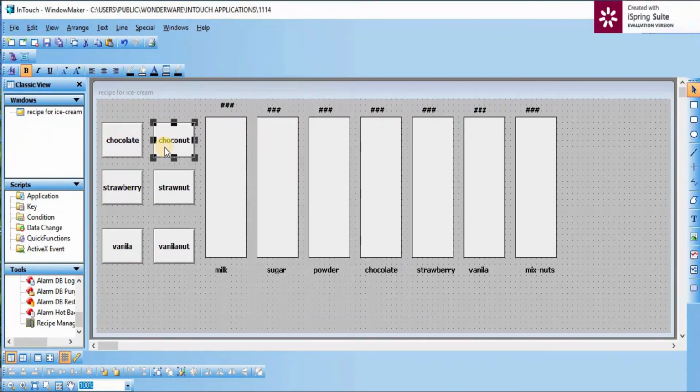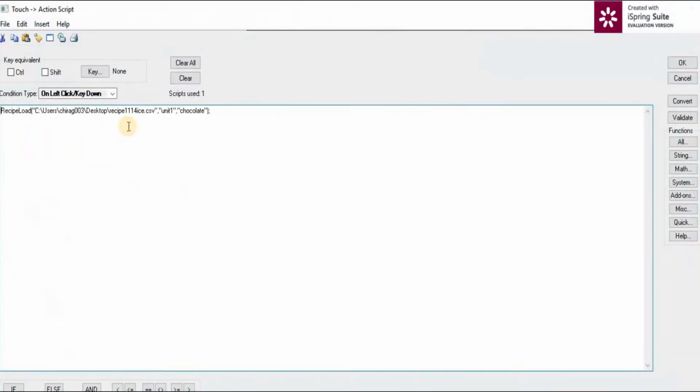Select the second recipe, go to action. Here it already shows the previous script, so we just have to change our recipe name. My second button is used for chocolate flavor with nuts, and I wrote choconuts, so we have to write choconuts.